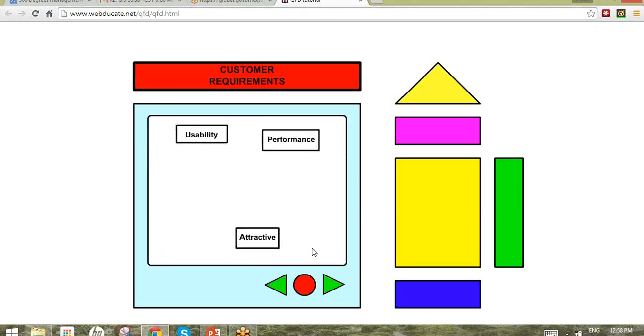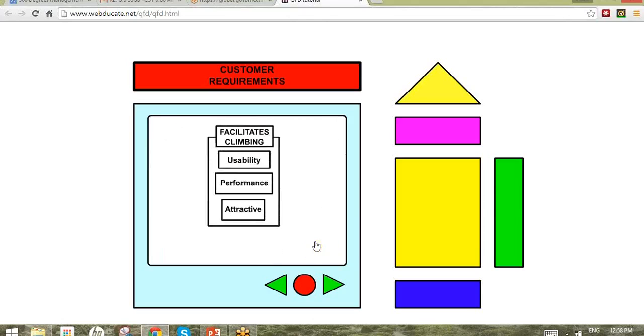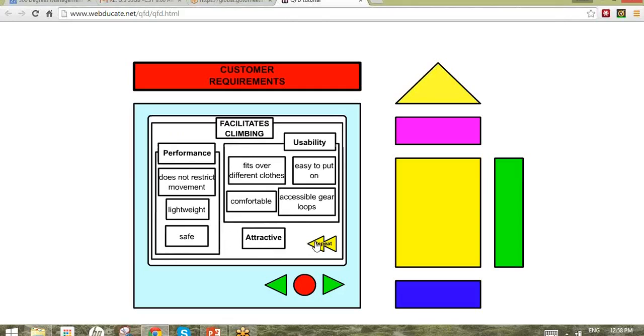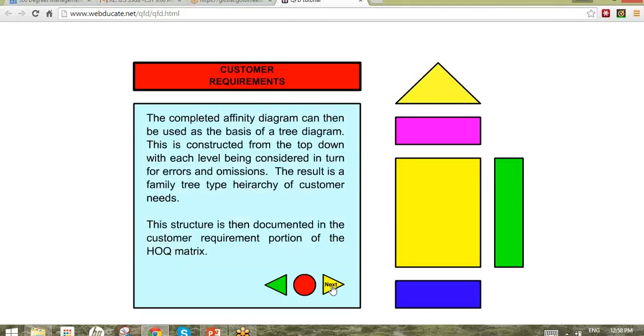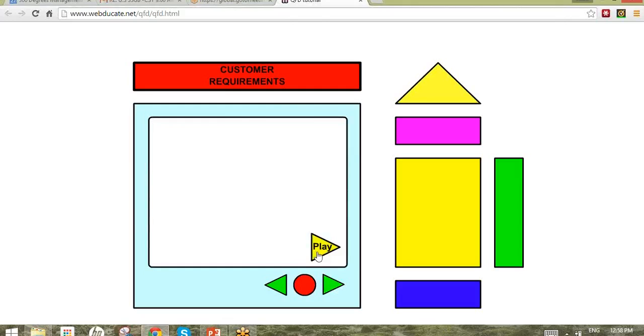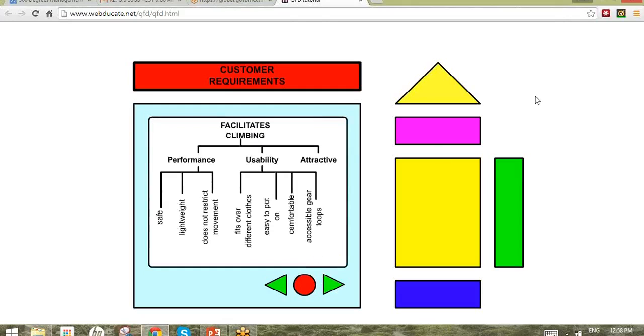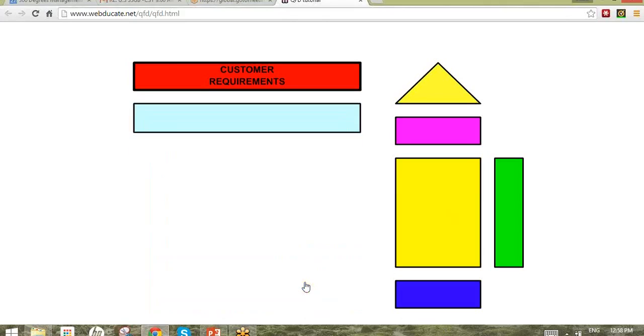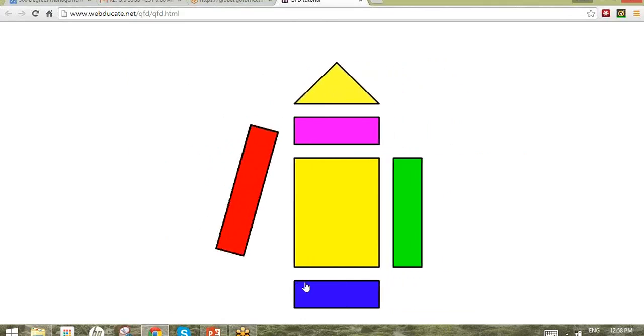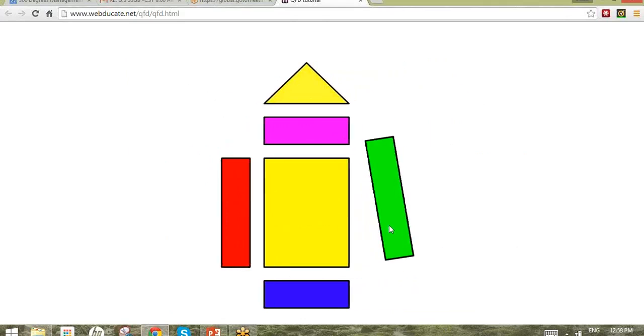In this particular example, we've got usability, we've got performance, and then there's a lone wolf over here, attractive, and so on. So it's again a very good way to walk through the QFD or House of Quality tool. I'll end this piece,